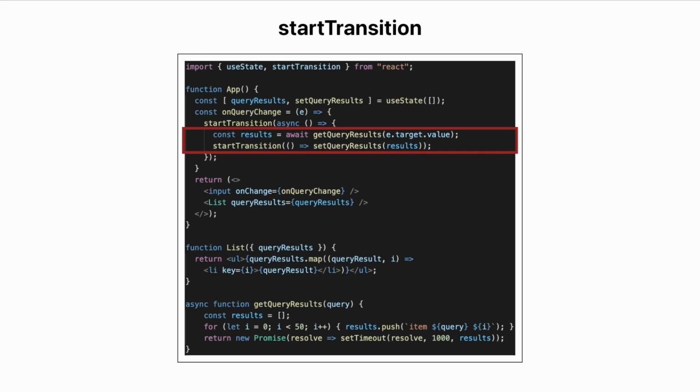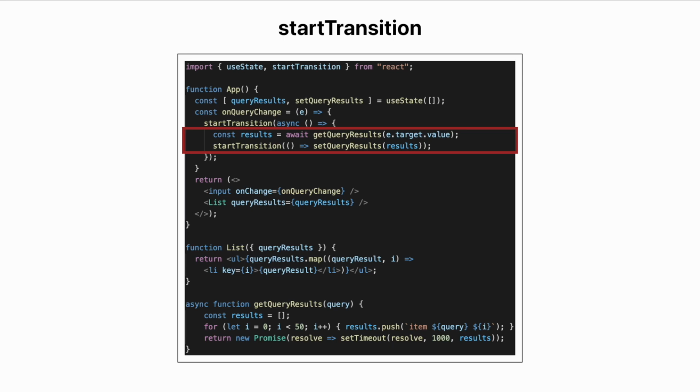Whenever the query input is updated, the query results are fetched from a promise. After awaiting the promise, you have to call startTransition again with another action function where you actually perform the state updates. So, what is the advantage of using startTransition here? I can just call the async operation in the input onChange event and my browser will not block my input as I type characters in the input field.